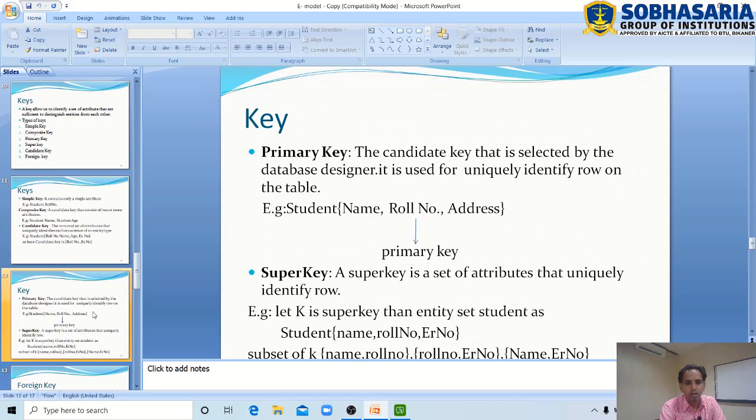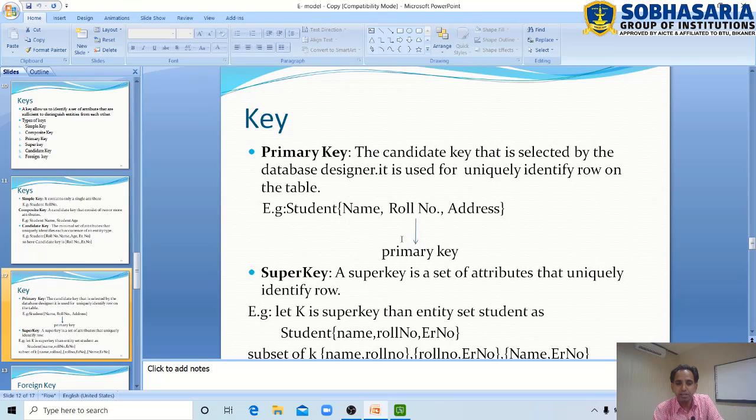Now, next is the primary key. The primary key is a candidate key that is selected by the database designer and it is used to uniquely identify a row or any tuple or any entity in the table. For example, if there is a student entity set that contain attributes name, roll number and address, then roll number is a primary key, selected by the database designer.